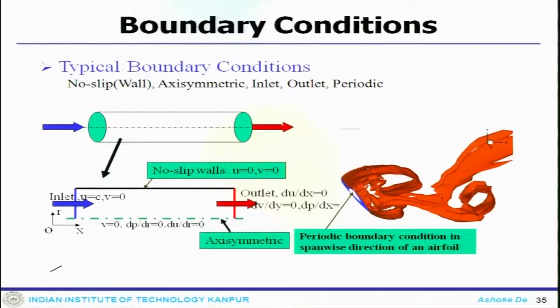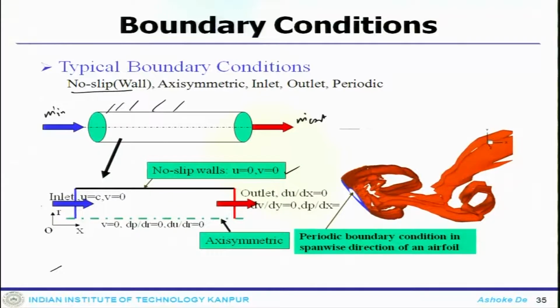So this is the channel which we are talking about and solving, where the mass comes in and mass goes out. Now if you want to solve this particular channel through numerical methods, you need a boundary condition. So this will be the wall of the channel, which will be a no slip boundary condition. That means your flow components are 0.